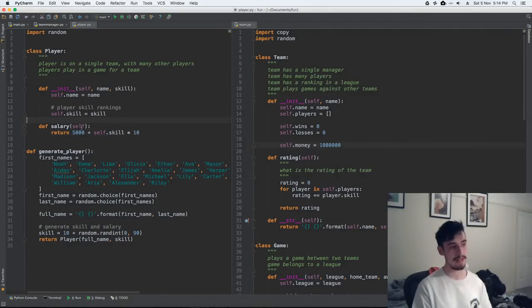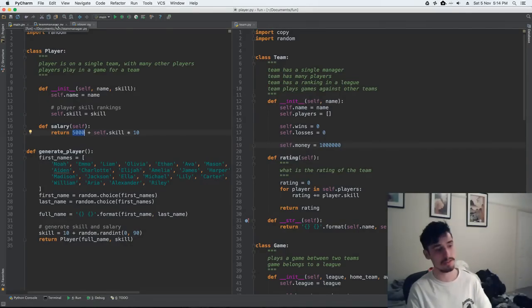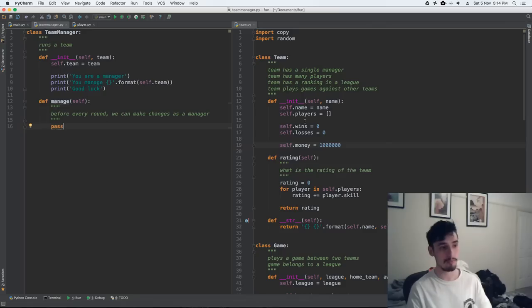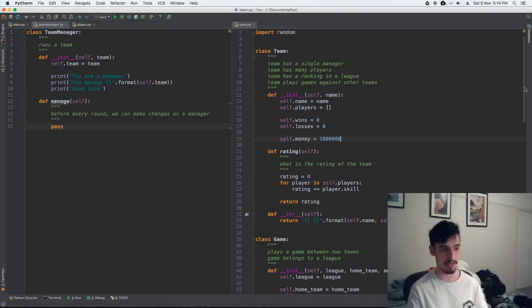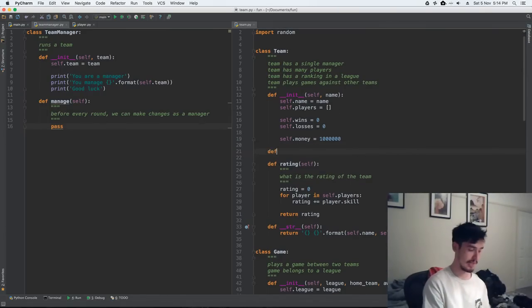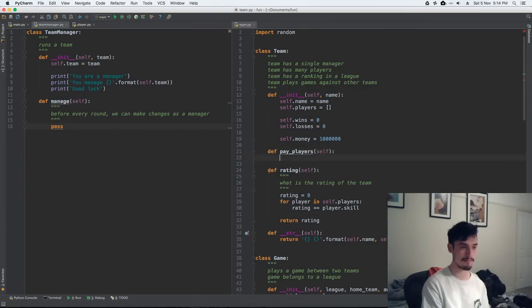So you're getting paid somewhere between $5,000 and $15,000 a week, and the team starts off with $1 million. Now every week we want to take away from this money how much money the team earns. So pay players. So for player,